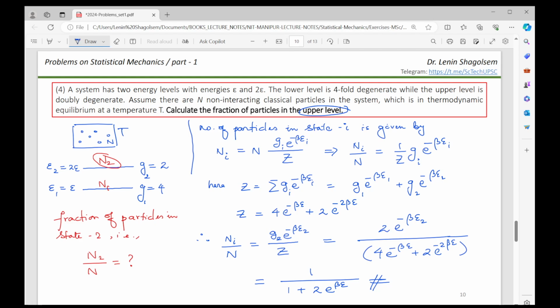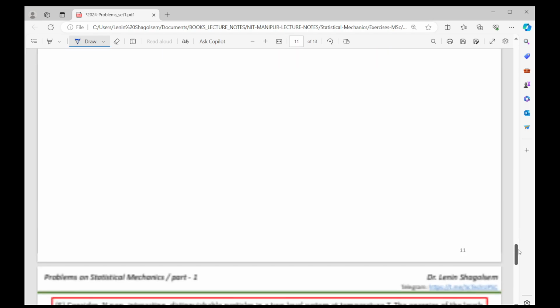So now we have obtained the expression of the fraction of particles in an energy state denoted by i. Okay, let's just put the value of epsilon here so that you can see directly. This is twice beta epsilon. Okay, right. Now let's move on to the final problem for today, and this is also a similar problem on